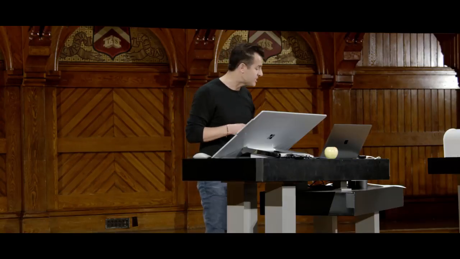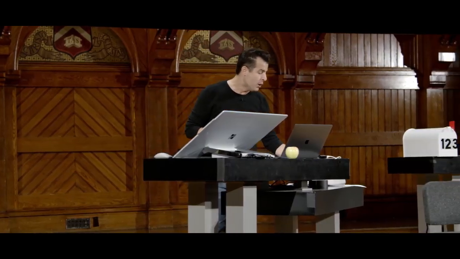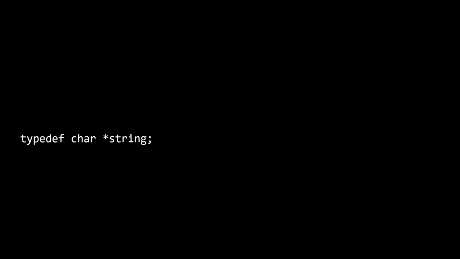Well, it turns out you can use typedef in exactly the same way, even more simply than we did last week, by saying this. If you say typedef char star string, typedef means give me a new data type, just for my own use. Char star means the type of value is going to be the address of a character. And the name I want to give to that data type is going to be string.